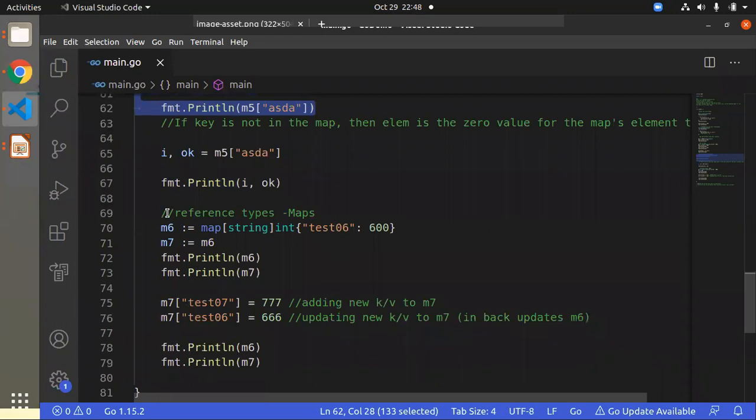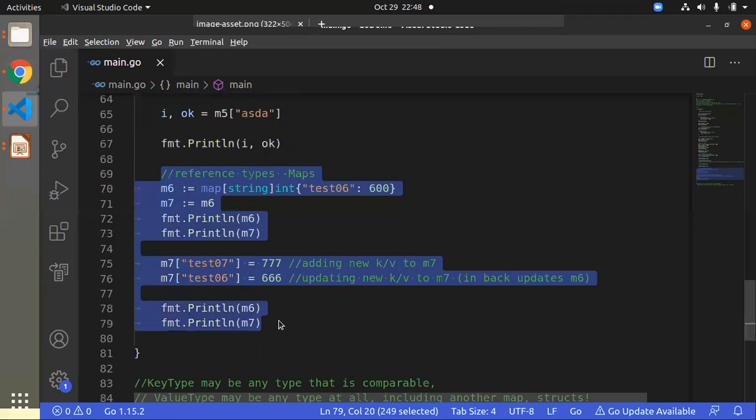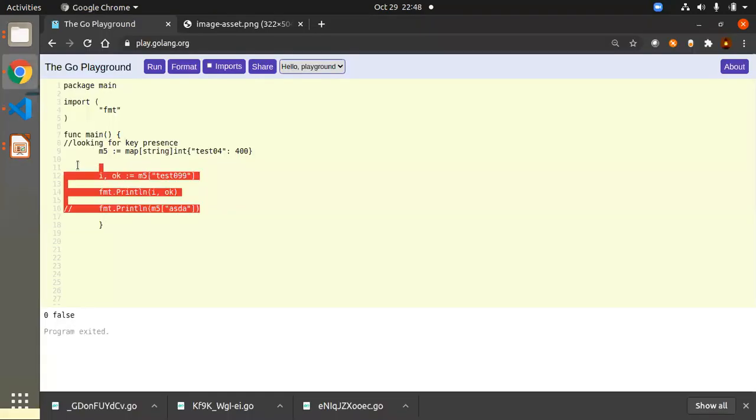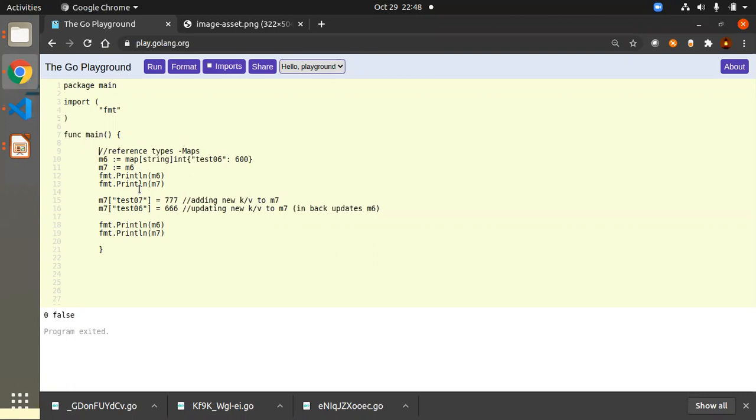Okay, then we will go to the next topic, reference types and maps. As you already know, there are two kinds of passing: passing the value itself, which means a copy of the value will be sent, so whenever you make changes, it will not impact the base or original version. In the other type, you are sending the reference or the address of the element you are going to copy. In that case, if you make changes in the new version, that will impact the old version as well. So in case of maps, it's a reference type.